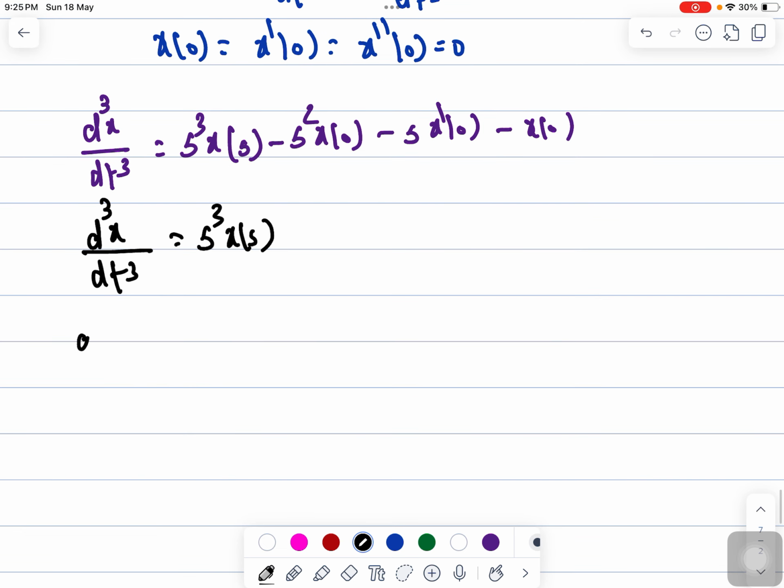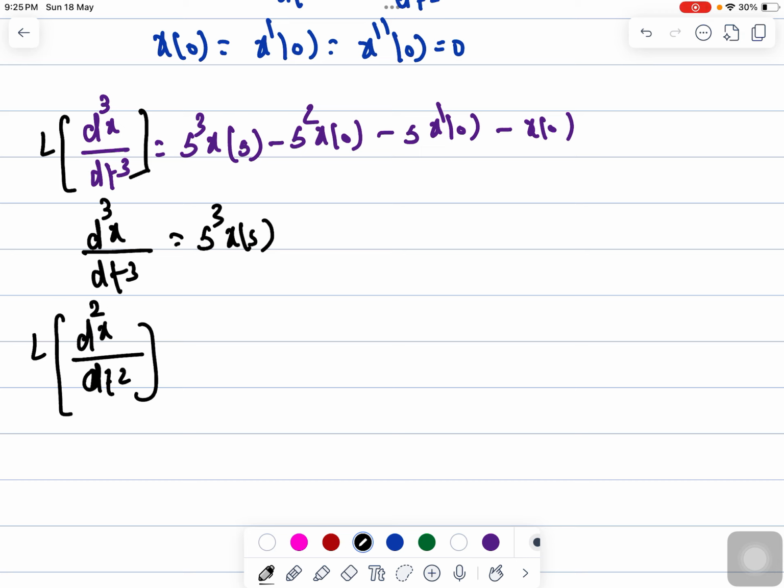Now, the Laplace transform of d2x by dt square, you can write s square X(s) minus s x(0) minus x'(0). Again, this value is 0 and this value is 0, so you will be left with